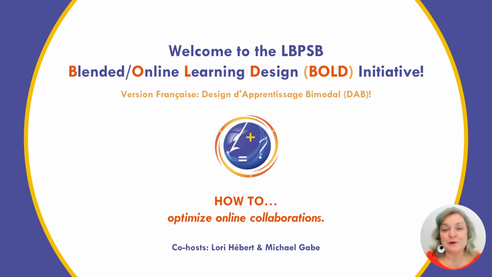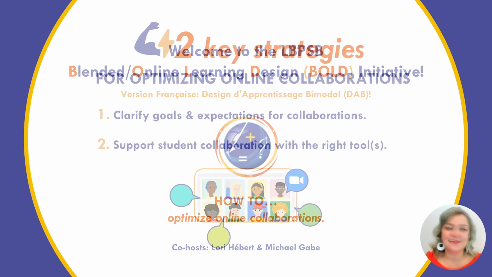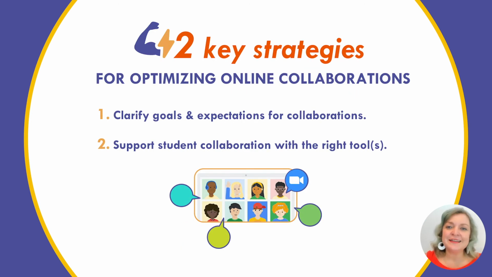In this video, we will be looking at how to optimize online collaborations. In order to do that, Mike and I will be presenting two important strategies for you to consider in order to get the most out of collaborative activities and projects with your students. The first step or strategy is to make your goals and expectations for these collaborative activities as clear as possible. And then the next step is to pick the right tool or combination of tools to support those collaborative activities